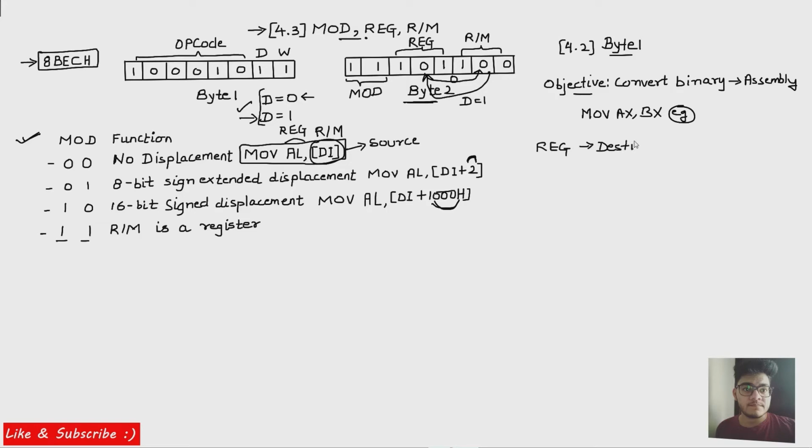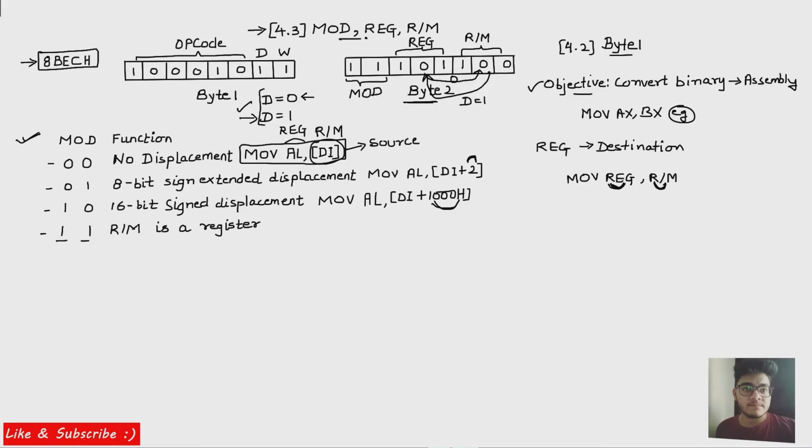So in our assembly program, which is our objective, we will have to convert the binary form into the assembly form. So we know that the reg field will come first, and then the rm field will come. Now, the last thing about this conversion is that we have to find out what register we are going to pick in case of the REG field and the RM field, right? You can see the REG field is 3-bit and the RM field is also 3-bit.